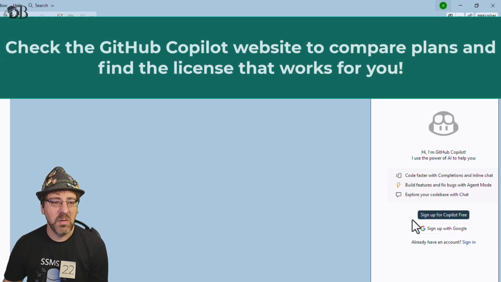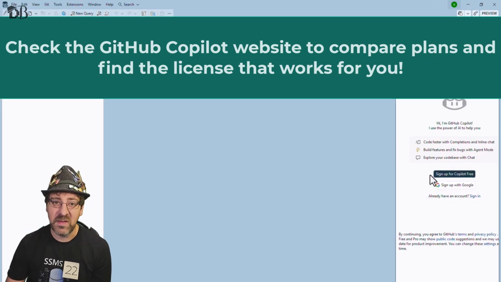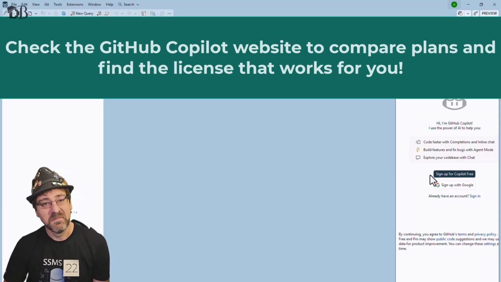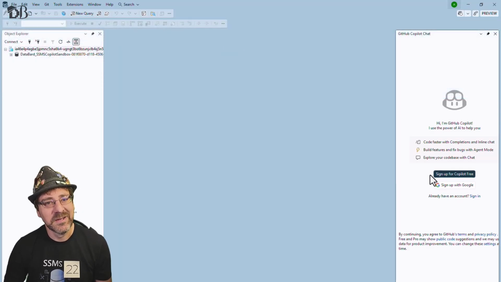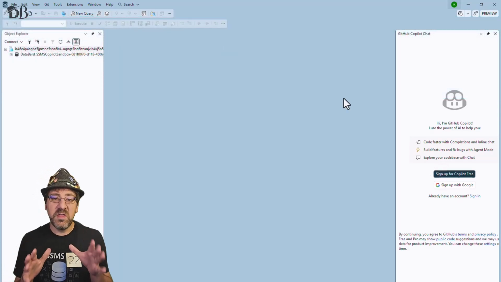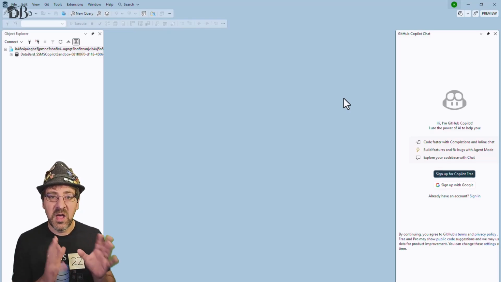I'll at least note at this moment that you can sign up for the Copilot free with GitHub Copilot. Just note that there is a token limitation on how many times you can interact with the Copilot before you hit a limit. But again, the current Copilot subscription is about $10 a month. Hard to argue with that. So in this situation, this is assuming that I already have a GitHub Copilot subscription, but I don't have it